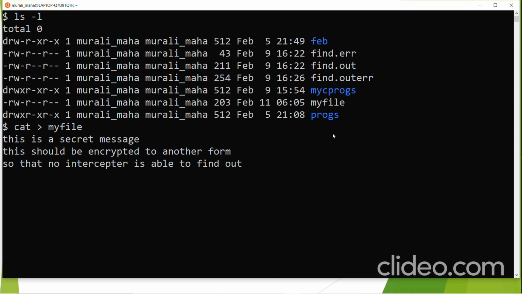So cat greater than file name, then control D. This way we can quickly create a file. cat my file. Yes.